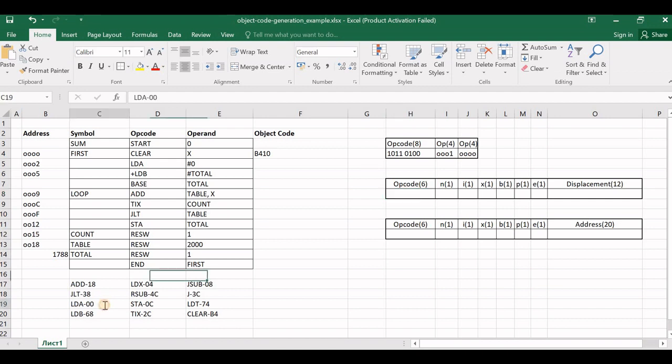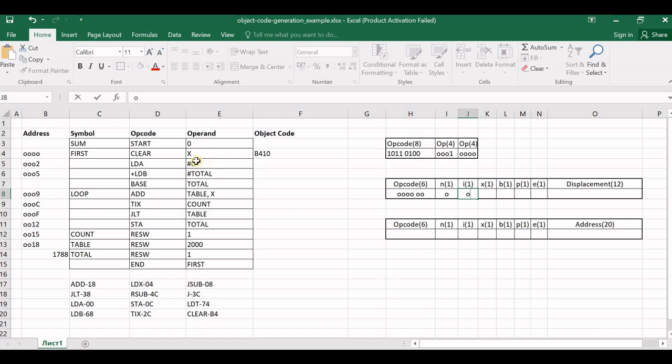The opcode for LDA is given here. It is 00. Represent this in binary. So 00, 6 bits here. You have only 6 bits. The remaining 2 bits, you will be continuing to the next positions of the instruction format, N and I, because you cannot accommodate all 8 bits, since only 6 bits are allocated for the opcode field. So the remaining 2 bits you are going to place in the N bit field and the I bit field.